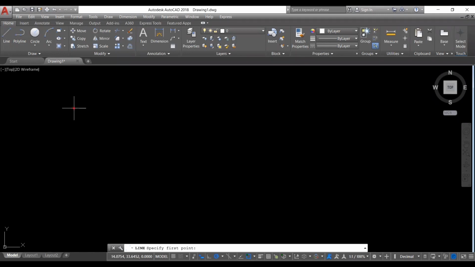It includes input boxes for entering commands or coordinates and live dynamic changes in the object such as length and angle. If you don't want it, just press F12. Now it has been removed. If you want to retrieve it, press F12 key. Now you can see it again.